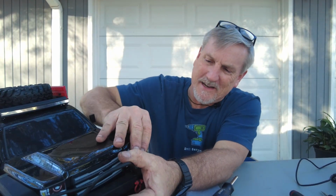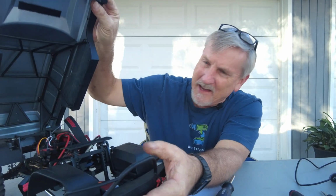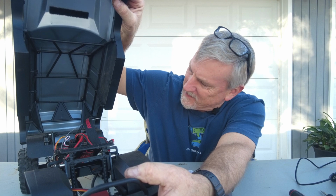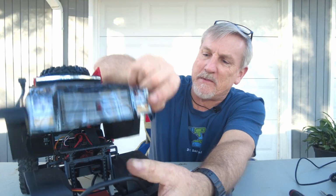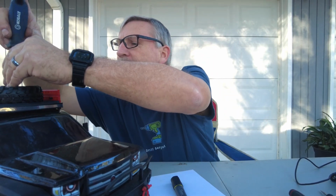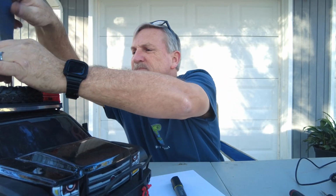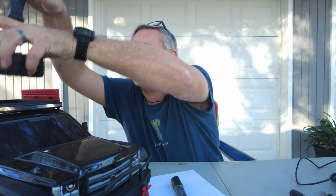And the way it's designed, it's got a frame in here. It's just a lot of weight, and I would like to get rid of some of that weight, at least until I'm better with it. So I'm going to start by getting rid of this tire. Okay, that's a start. And I wouldn't mind getting rid of the roll cage too